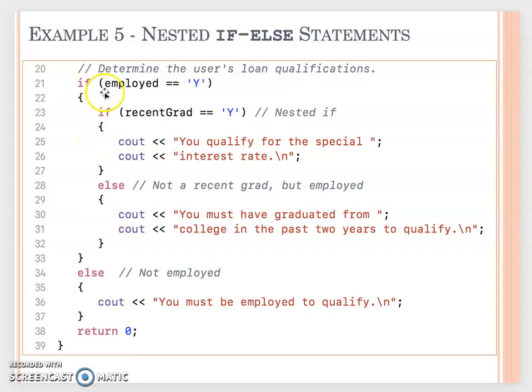But also here, if they are not employed, in the else we will give them some information. We told them you must be employed to qualify. The same thing, if they are employed, we check whether recent grade is true. If that's true, I display something, but if false, I will do else, displaying information to let them know they are not